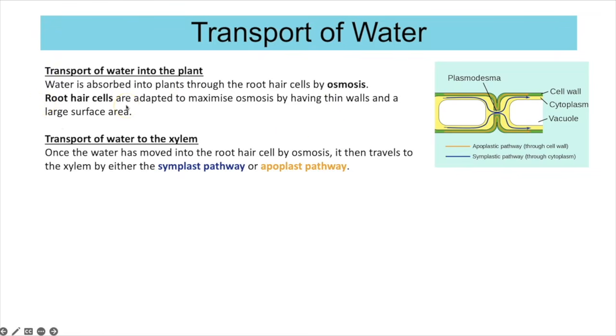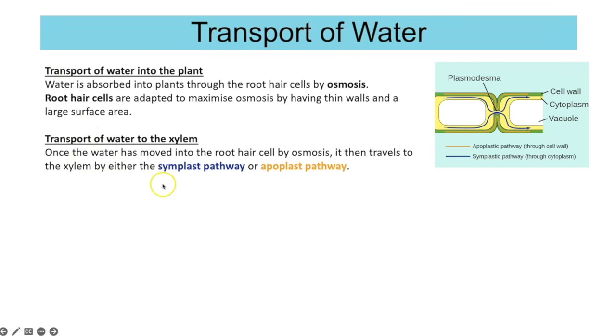And root hair cells are adapted to maximise osmosis by having thin walls, so there's that short diffusion distance, because osmosis is a type of diffusion. And also they have that long protruding part that creates a large surface area to maximise the absorption of water by osmosis as well. Once the water is then inside of the root hair cell, it's then going to travel